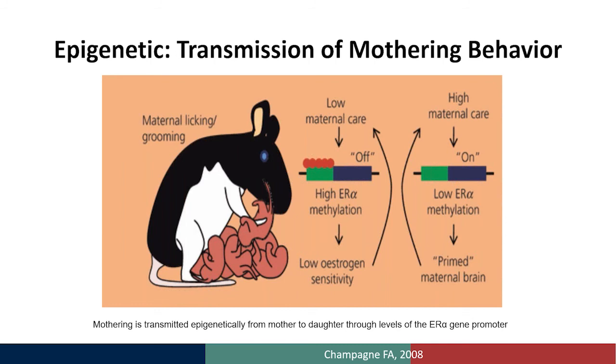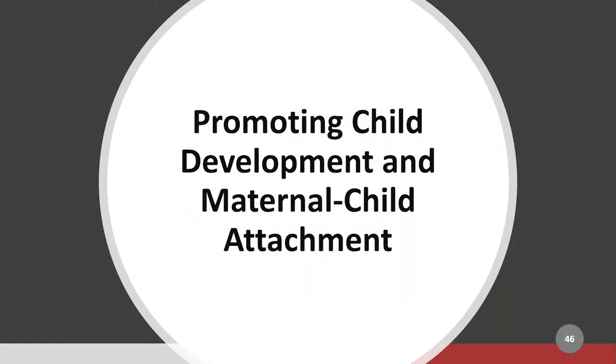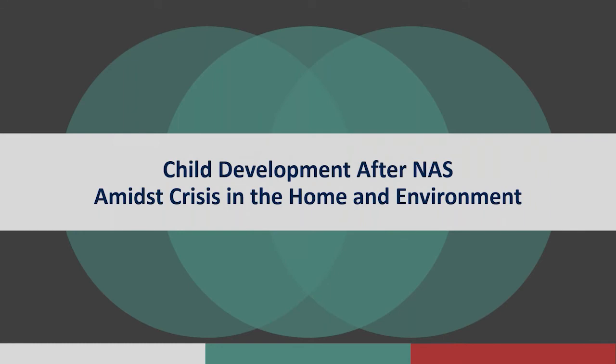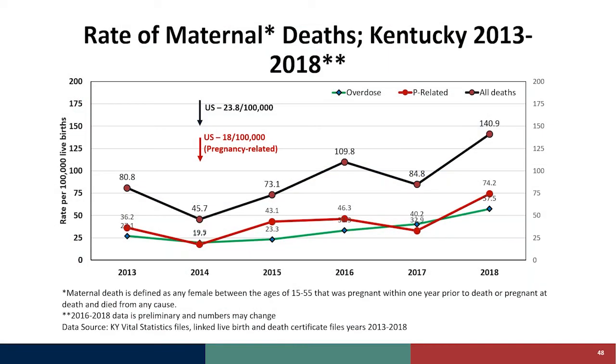So if we start early in promoting attachment, then we would be able to at least impact or change the risk factors surrounding a child born with neonatal abstinence syndrome. So it is important that we promote child development by enhancing maternal-child attachment. So amidst the crisis in the home and environment of a child with NAS, what is child development like? Well, the sad thing is, even if we want to promote attachment sometimes, we look at what happens